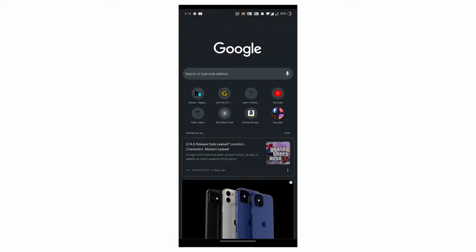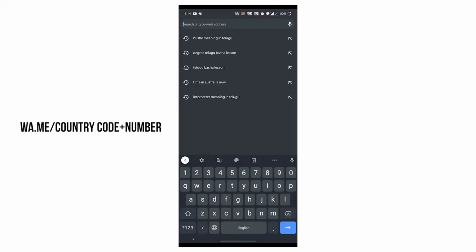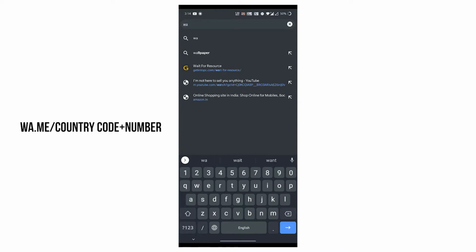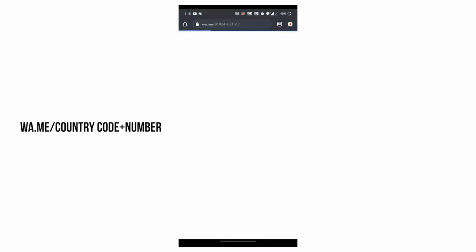So firstly, open your web browser like Google or Chrome. Just search a term. I'll give that entire link on screen and in the description as well. Just search wa.me/ your country code plus your number. Okay, so after that click on search,